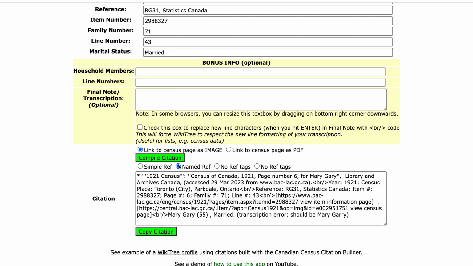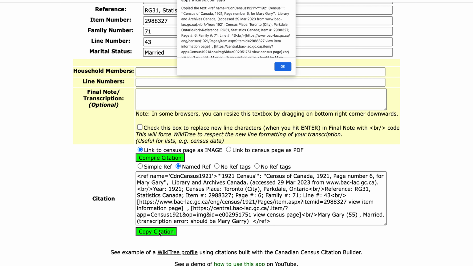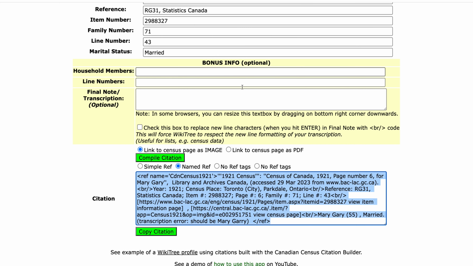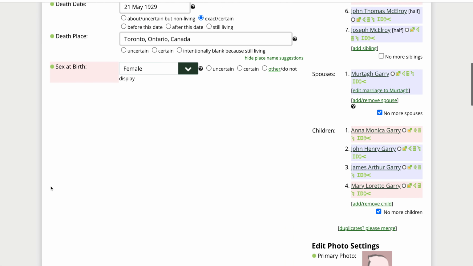Okay, I'm going to go back to the named ref tag, and then copy that citation. Click copy, and then a pop-up will show up and say, "Oh, it's been copied." Okay. And now it's copied to my clipboard, and then I flip over to WikiTree, go into edit mode, and say,